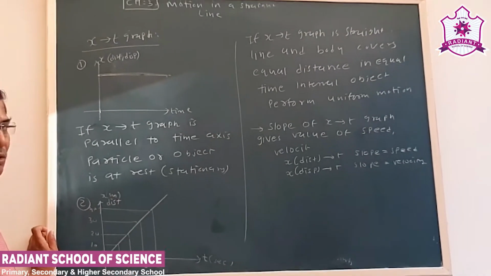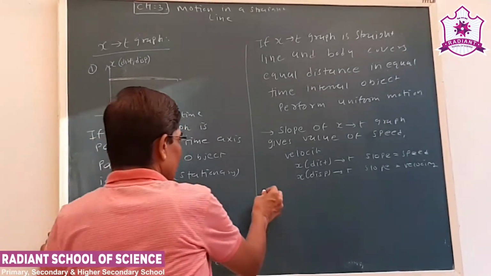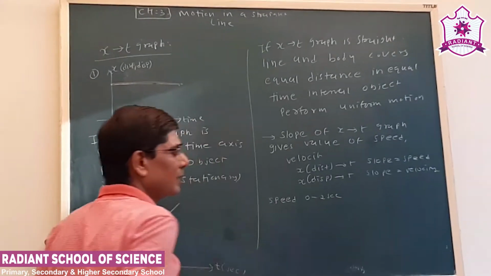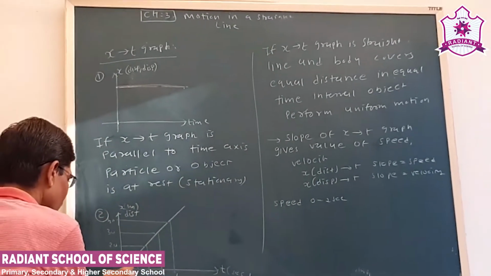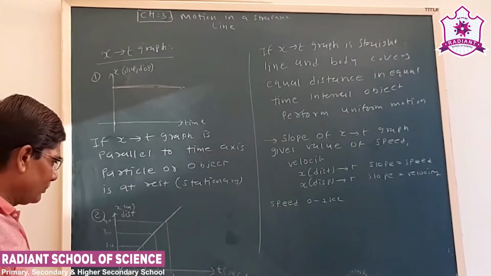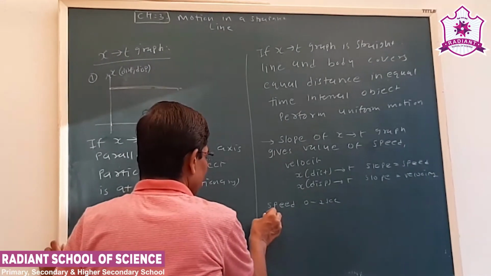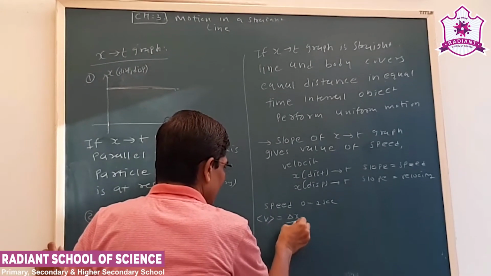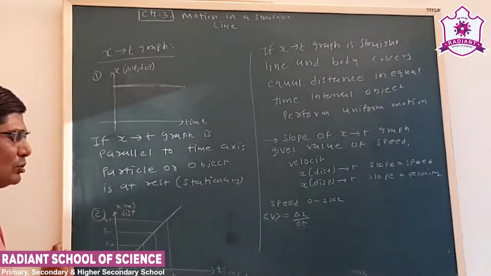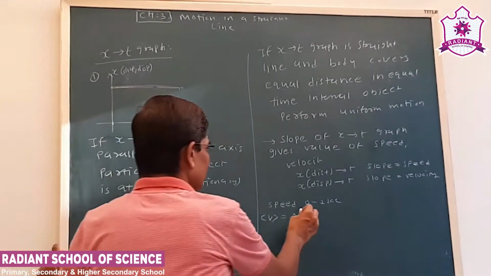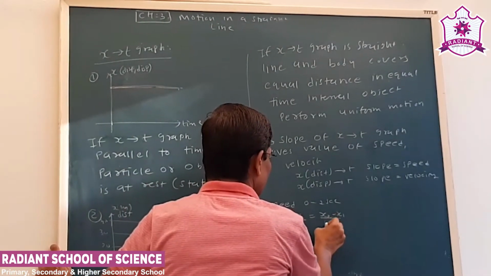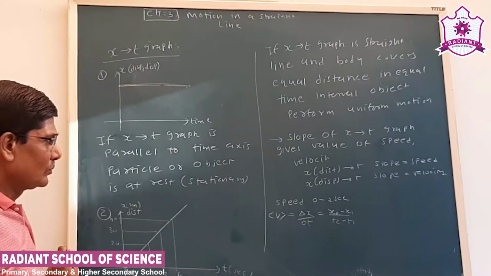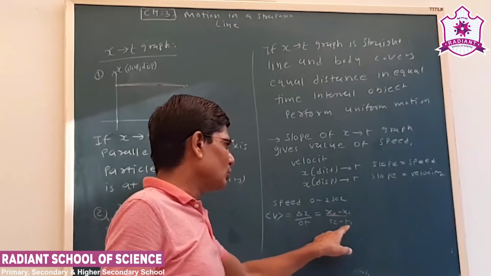in seconds. Now suppose we have to find out the speed in the 0 to 2 second interval. Okay. Now see, the number corresponding to 0 is 0 position and the number corresponding to time 2 second is position 20. So the speed or average speed is the change in position, that is delta x upon delta t. Okay. Delta x shows the change in position, that is x2 minus x1 upon t2 minus t1. Now see here, x1 shows the position at time t1, x2 shows the position at time t2.